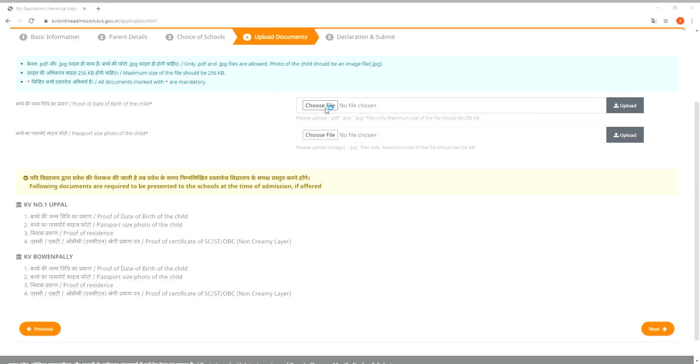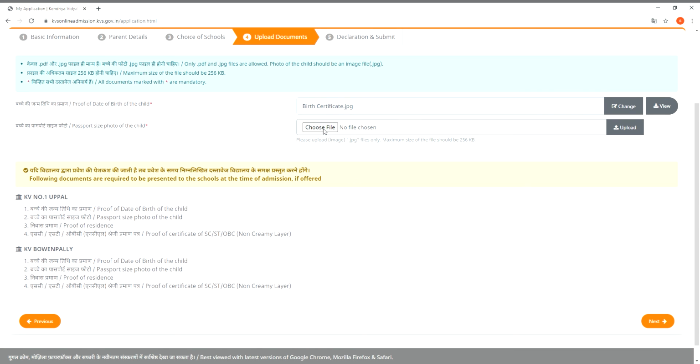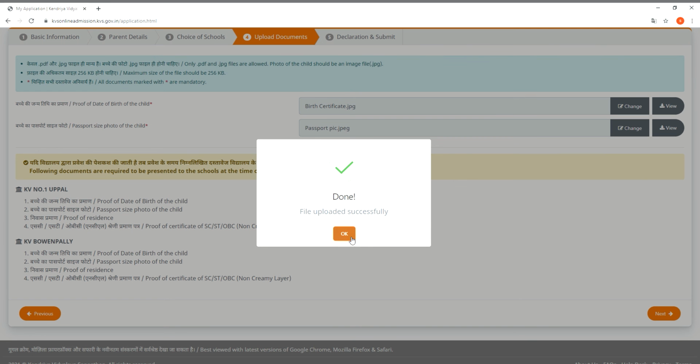Click on the choose file button and select the birth certificate of the child. And then upload it. Then the message appears saying file uploaded successfully. Click OK. And then choose the passport size photo of the child and upload it.